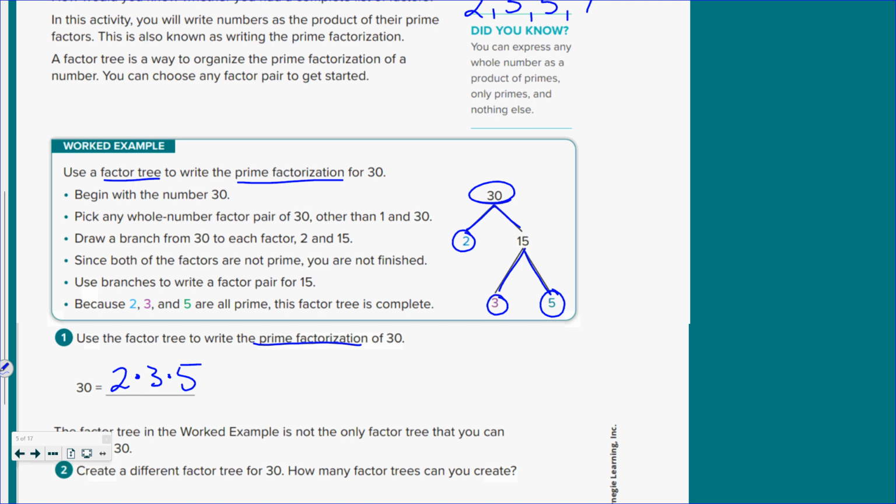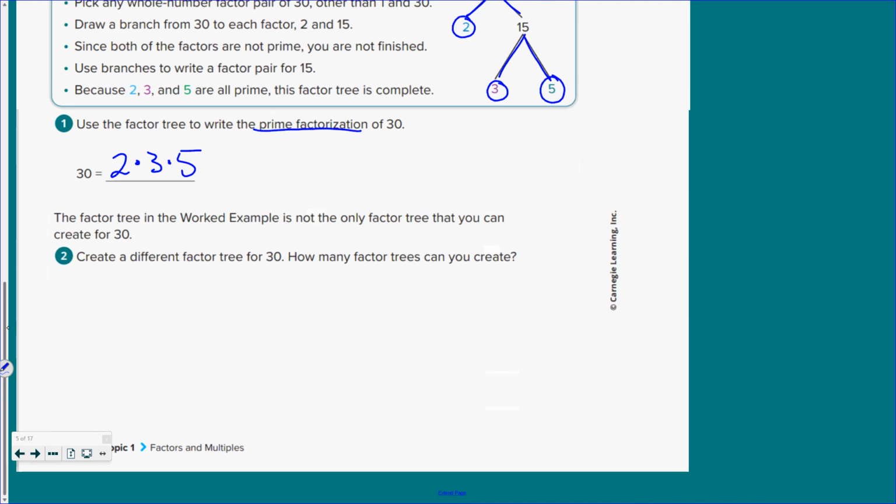Okay. So this one says to create a couple more on your own, but we'll go ahead and do one with you, just to help everybody understand it. Because I always like to go in order. It makes it really easy. Plus, if I go in order, my prime factors are all going to be lined up in order to make prime factorization easier to write. However, I don't have to technically use 2 as a start. So we think of another set of factors I could use to get 30. Or 3 times